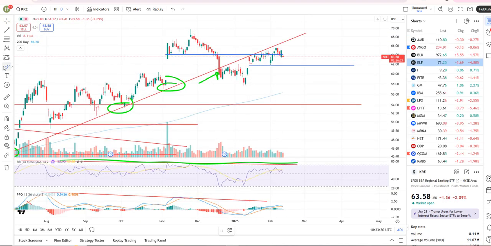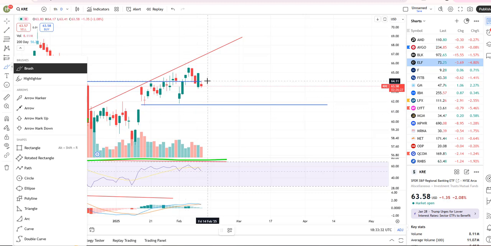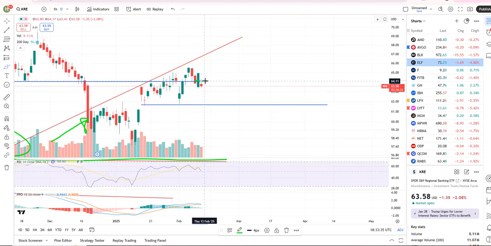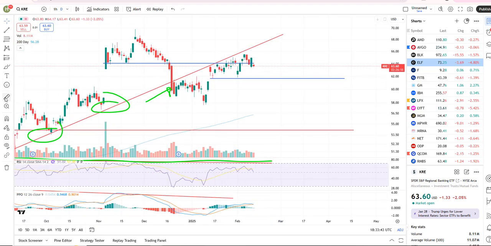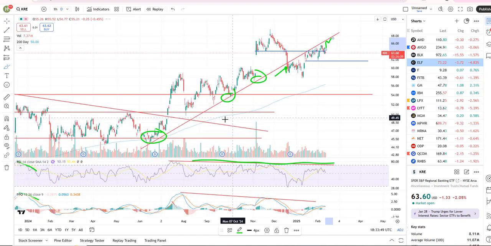KRE, or regional banks, back below support there at about 64. That was kind of a key level for me. I'm looking for a daily close below 64. We get that, we should start to head lower. If they can manage to pop it back above that 64, you're probably going to continue to backtest this trend line. Again, you've got support,